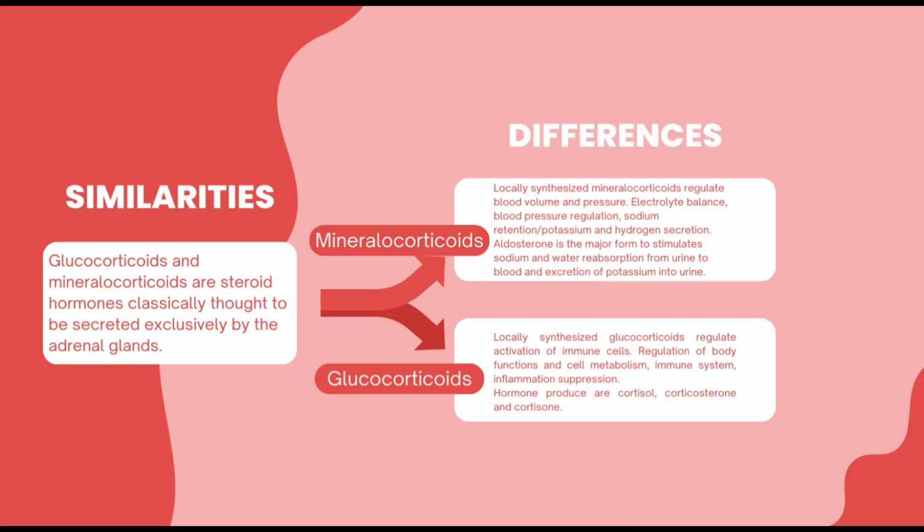The similarity between glucocorticoids and mineralocorticoids is that they are steroid hormones classically thought to be secreted exclusively by the adrenal glands. The difference is that mineralocorticoids regulate blood volume and pressure, electrolyte balance, sodium retention, and potassium and hydrogen secretion. Aldosterone is the major form to stimulate sodium and water reabsorption from urine to blood and excretion of potassium into urine,